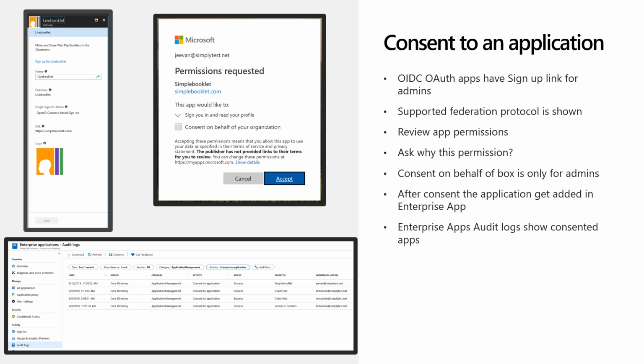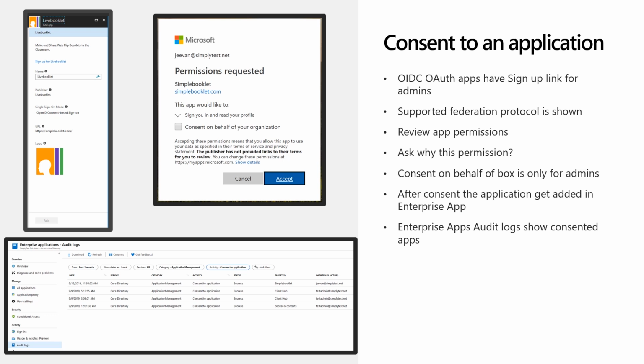Now we will see what consent means. Basically, OpenID Connect is another federation protocol that is used, and in OpenID Connect OAuth, along with authentication, it also covers authorization. Authorization means the different set of permissions that application needs from your directory.